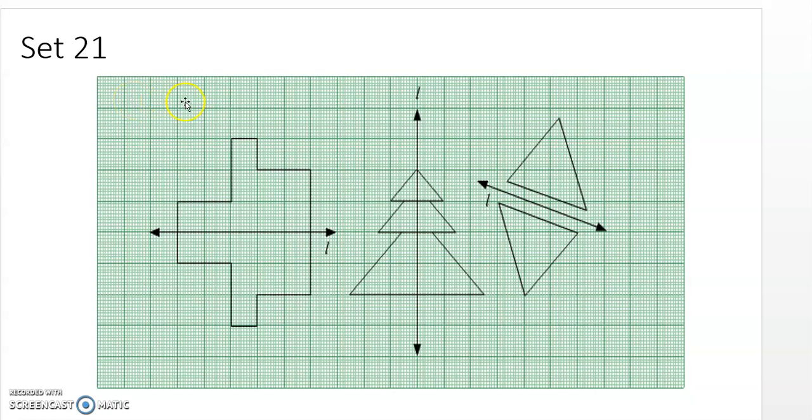Now in set 21, this is related to the graph. If you have one page of graph book, you can do this. The answer I have already shown you. Now here, just count the number of boxes. This line is occupying how many boxes? That is 1 and 2. So in a similar way draw.